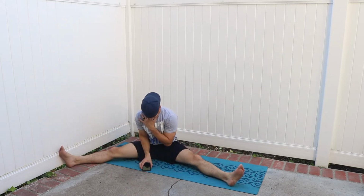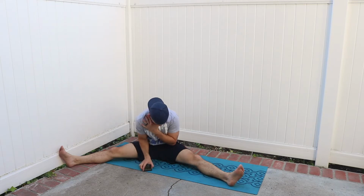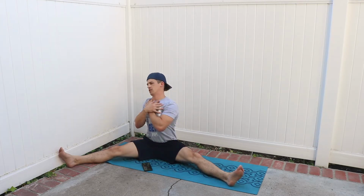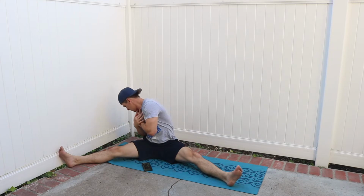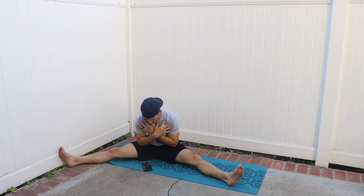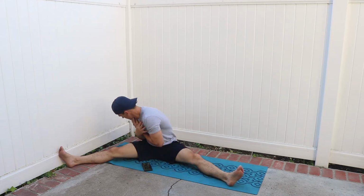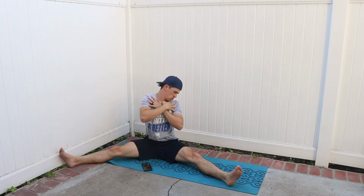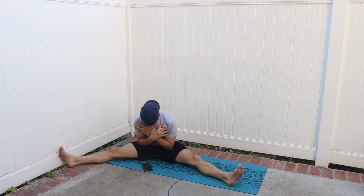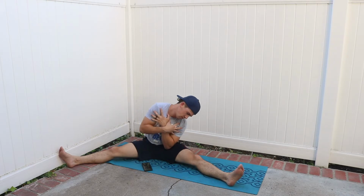Flex down, rotate, side bend, extend back. As you're extending, we're going to be side bending here, rotating. Good. That's half, so we're going to rotate the other way, side bend away, extend, down here, rotate back to the middle. 1. We're going to stay flexed to the side, side bend,